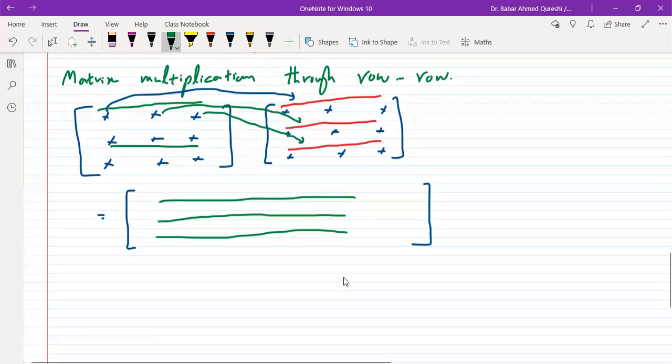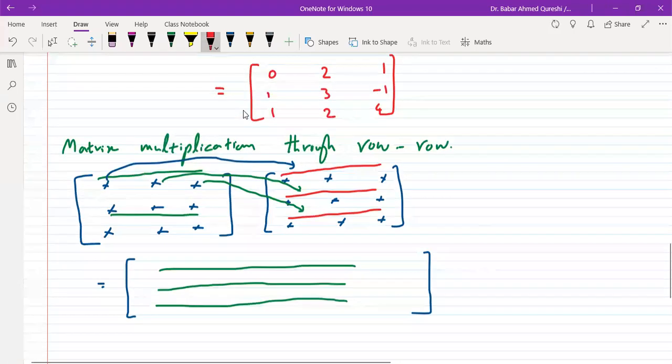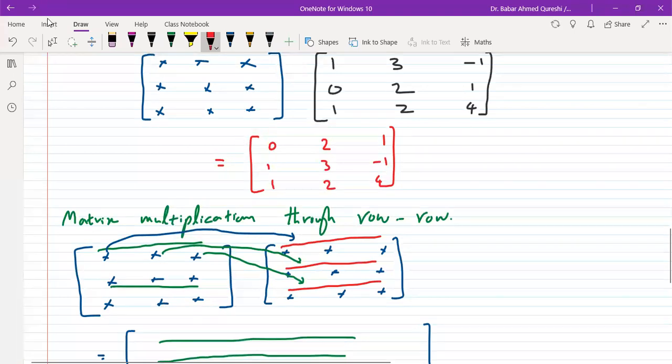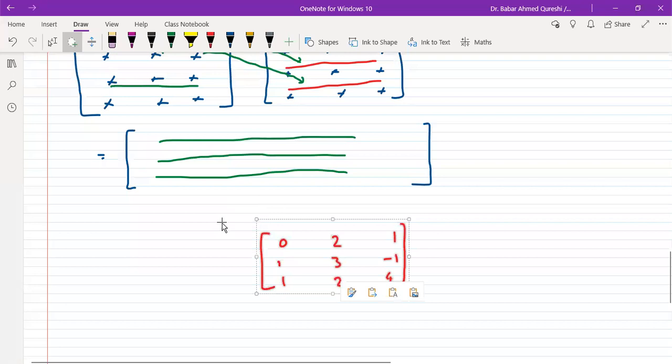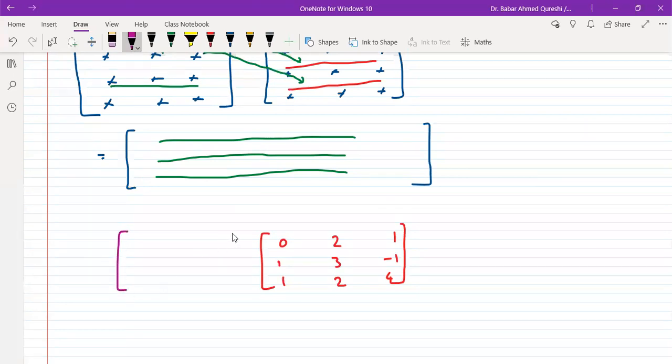So if I use this idea and take this matrix, then it's very easy to guess. Because if I write,